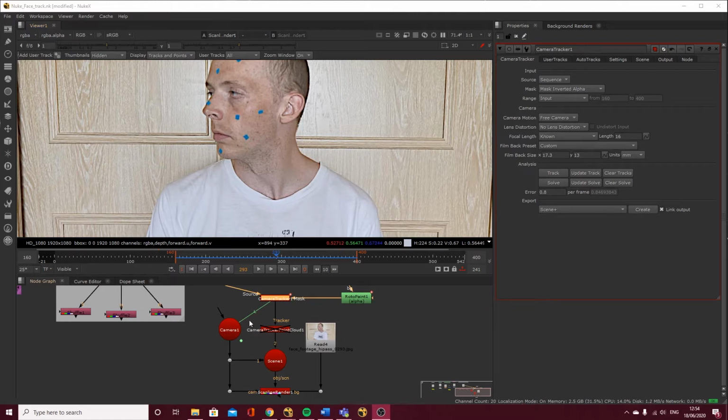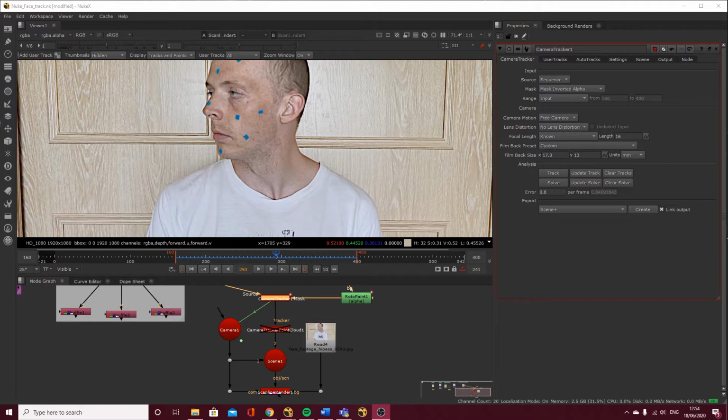And that's really good because you can see that this camera has a green line linking it to the camera tracker. What that means is that if we make any changes to the camera tracker and resolve it, it'll update the camera, so the camera may actually change position. And we don't want it to do that because, to be honest, we're not going to make any more changes. We know it's working, so it's using processing power and more resources to keep them linked. So what we want to do is actually bake this data out.